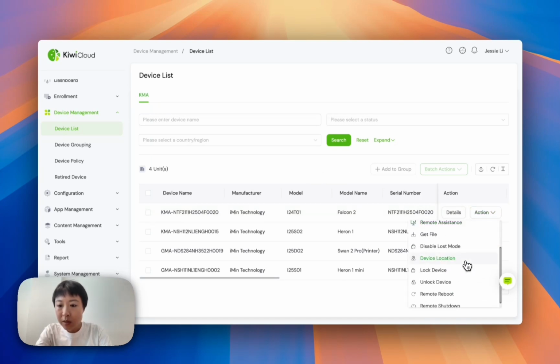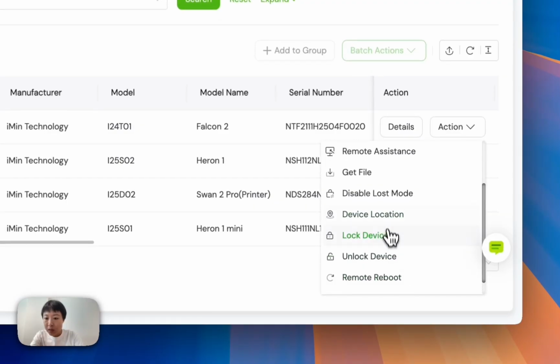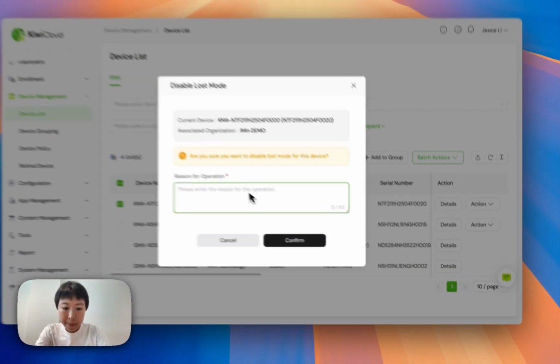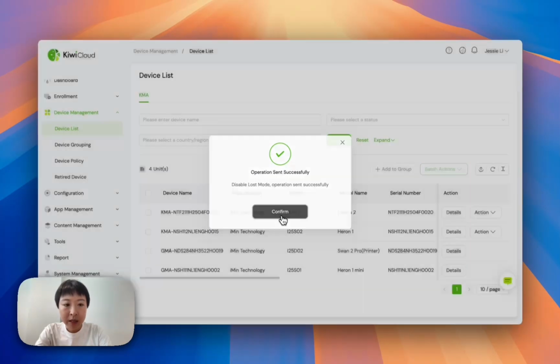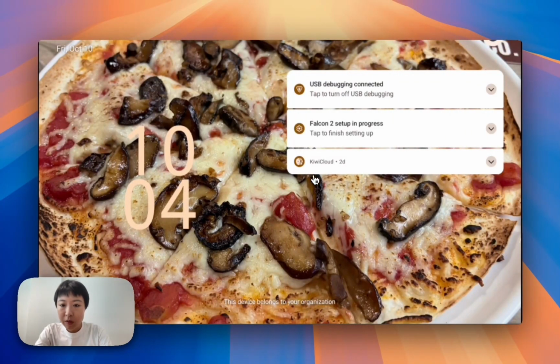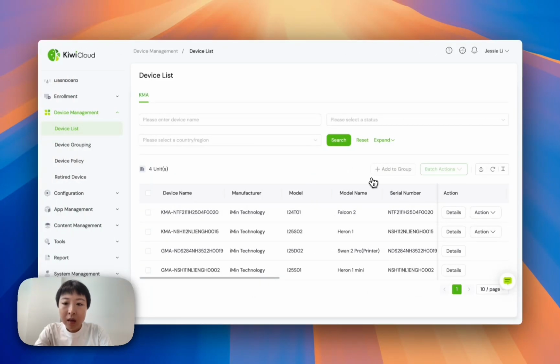So how to disable it? Same. We choose the disable lost mode function here, and then the operation sent successfully. We can see from our device side. Okay. Next, we're going